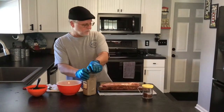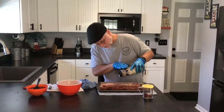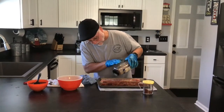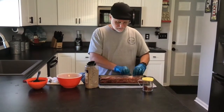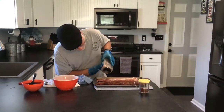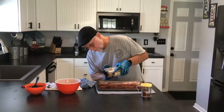And like I said, this one we're just going to put on this light dusting of this stuff. Just kind of give it a little bit of flavor. And you can see it's really a fine powder. We'll get it all on there just to give it some flavor. Let's go. You can't even see this stuff coming out, but I promise you it's coming out. Nice little coat there on the back side. Got a little bit of the rub on there. Let's go here. Alrighty. Kind of see it coming out. Just a very, very thin coat